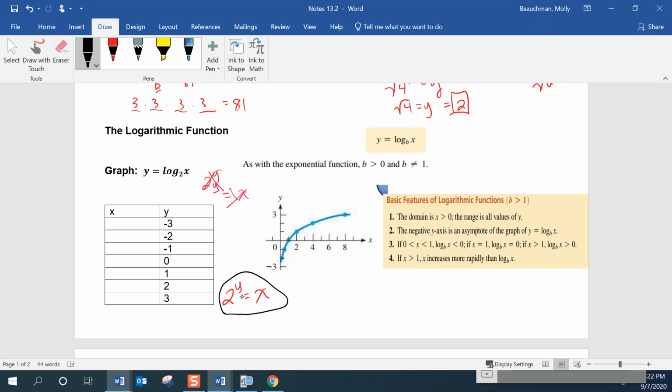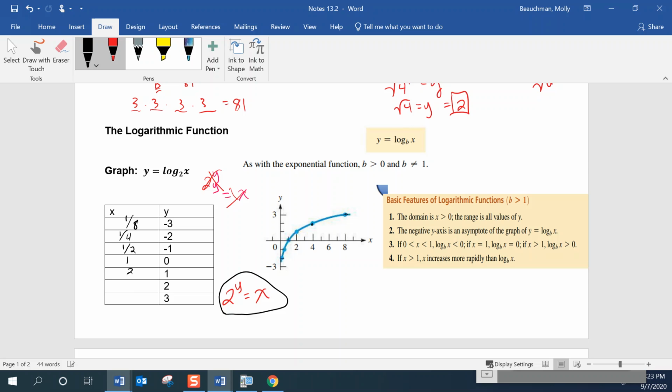So when we substitute -3 in for y, we get 1/8. -2, we get 1/4. -1, we get 1/2. 0, we get 1. 2 to the 1 is 2, 4, and 8. So when we graph these, we end up with